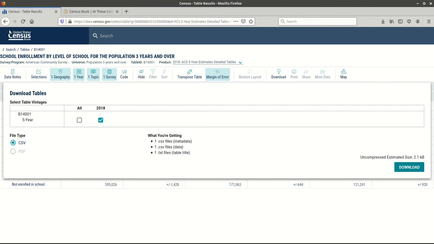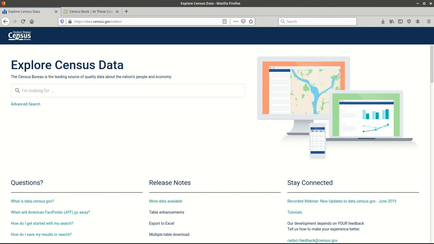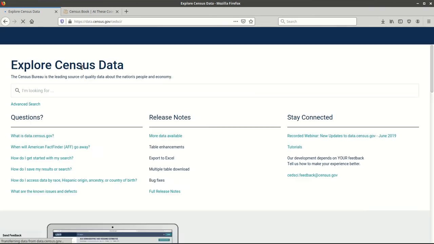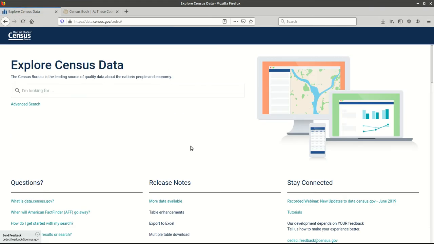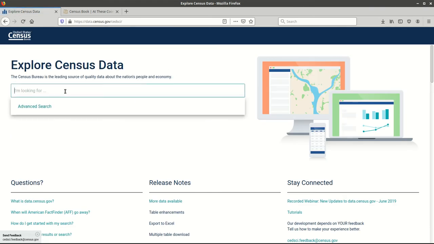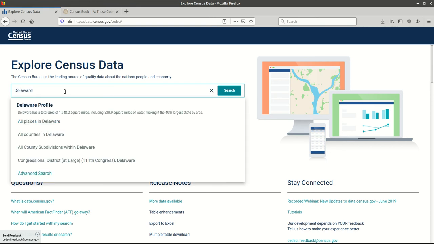if you just wanted to use data.census.gov to casually browse around, you could. I'm just going to refresh the page here for a second, and that way it'll remove my filters and things from before. So if I came into the search box and I just did a search, for example, for Delaware, I immediately can choose an option to get tables for all places in Delaware or all counties in Delaware, or at the top I can get this profile,